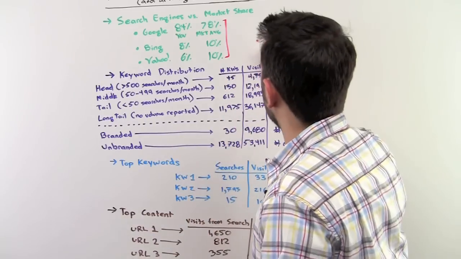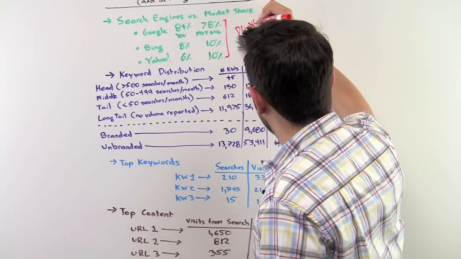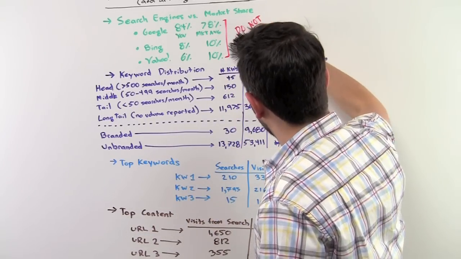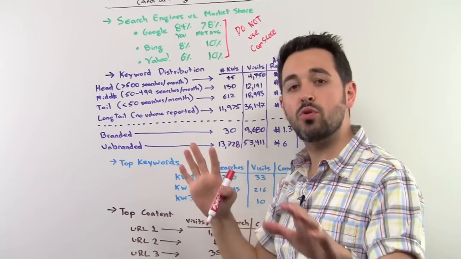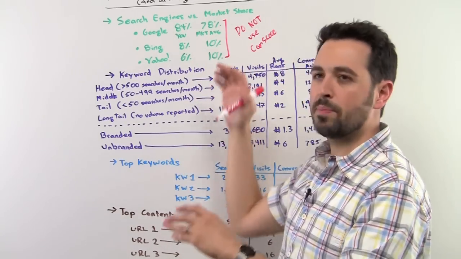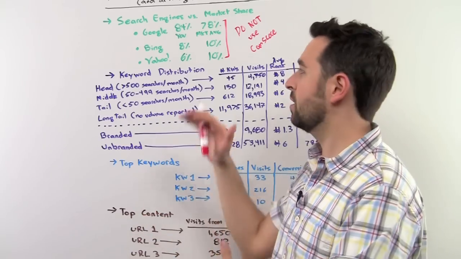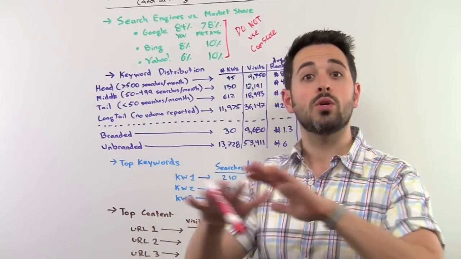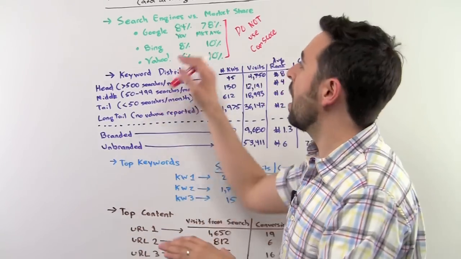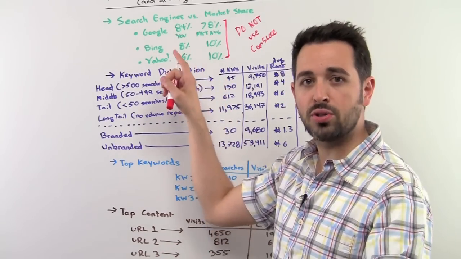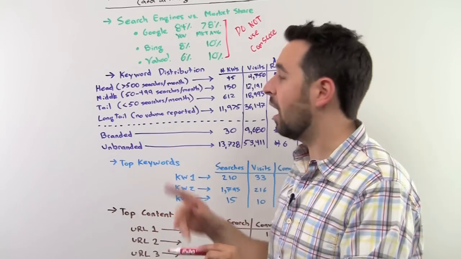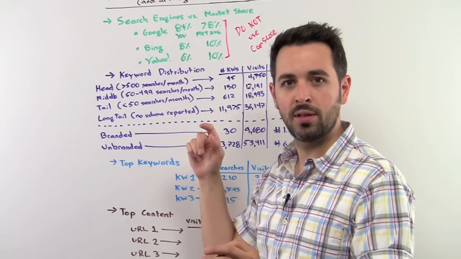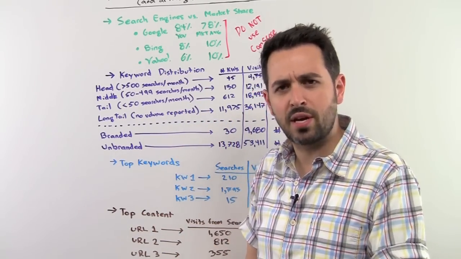Key important point, do not use comScore data. Okay? If you use comScore data, what you will see is something like, Google has 65% market share, Bing has like 14% market share, Yahoo has like 20% market share. No, right? Everyone's website shows that they're getting between, let's say, 80 and 90% of their search traffic from Google, right? So if Google's market share is 65%, how is this possible?